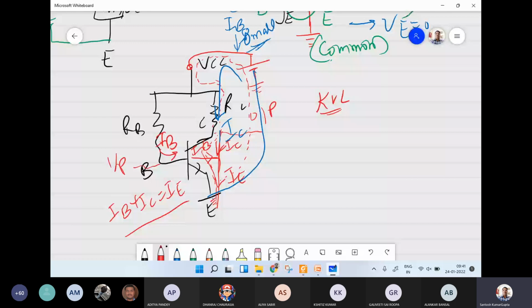So once we are able to find out what currents are flowing, we are now ready to write the KVL. While writing the KVL, we know that we can start from any direction here. So if we encounter, say, negative first in going from one side to the other side, then we will write negative sign first. So minus VCC,